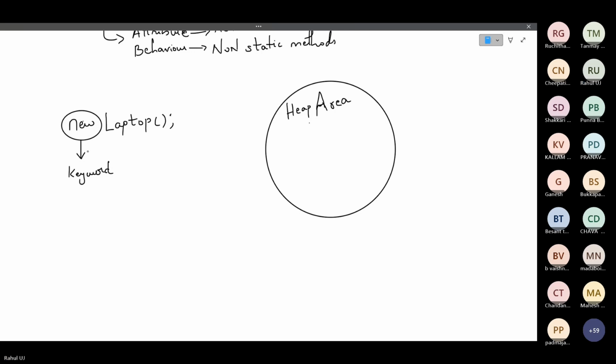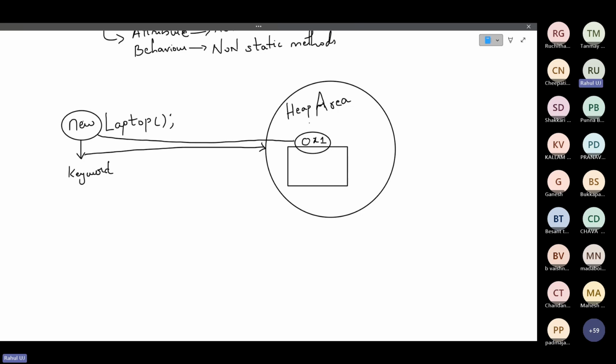What he will do whenever we come across new, there will be a dabba created. And for this dabba, one address will be there. Okay. This address, whatever it is there, this will be sent back to new. Okay. This will be stored inside new.